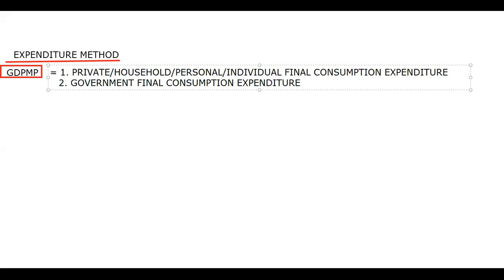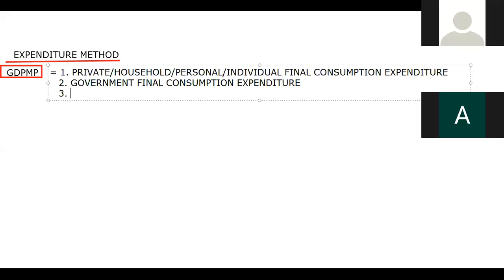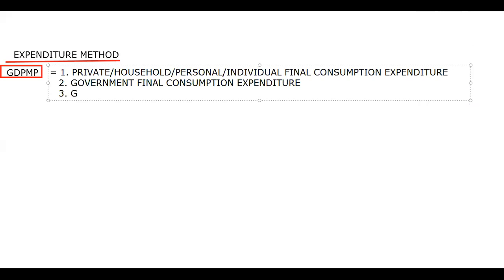The first, private final consumption expenditure, or it may be named as household final or personal final or individual final consumption expenditure. Second, government final consumption expenditure, or sometimes it is given as government demand for goods and services. कभी कभी ऐसे भी दिया होता है, तो हम समझ जाएंगे that is government final consumption expenditure, government's demand for goods and services, right? If I talk about the third element that is given in the question, it is gross